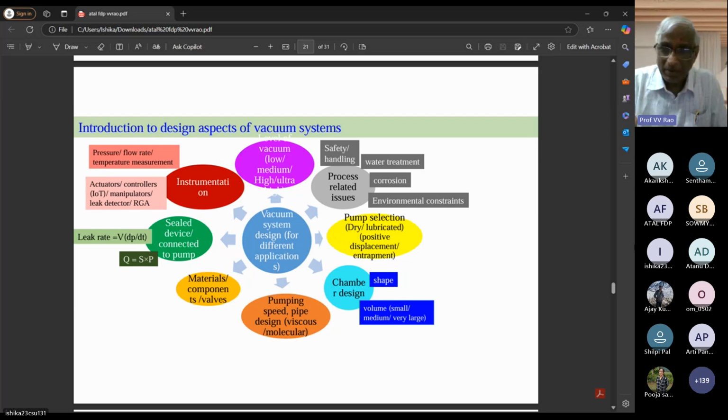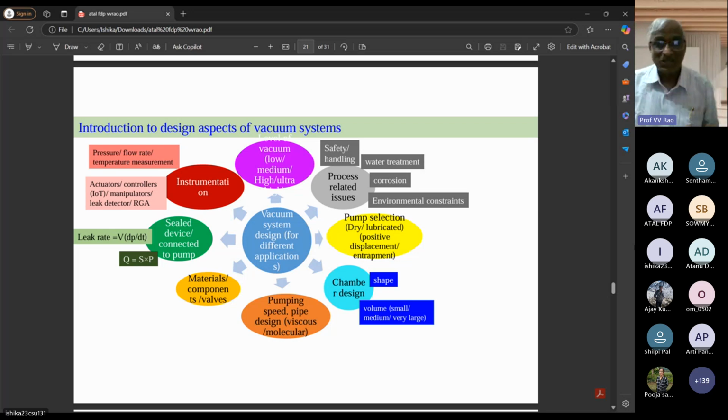I think there must be somebody who is going to explain vacuum pumps, etc. They will explain ion pump, etc. But right now, you have to take care from the system design: selection of the pump, instrumentation, the valves and components, safety, and the ecosystem like water treatment and pure gases. Even if you have 99.99% gas and you are producing 10 power minus 10 torr, it is of no use. If the gas purity has the third 9 as impurity, then what is the point in evacuating to 10 power minus 9 torr? Just like ultra high vacuum is equivalent to